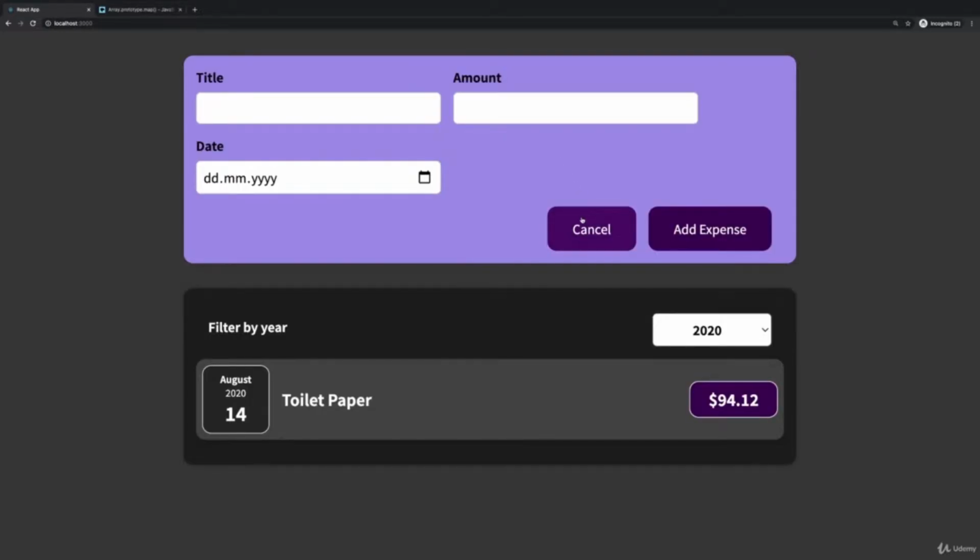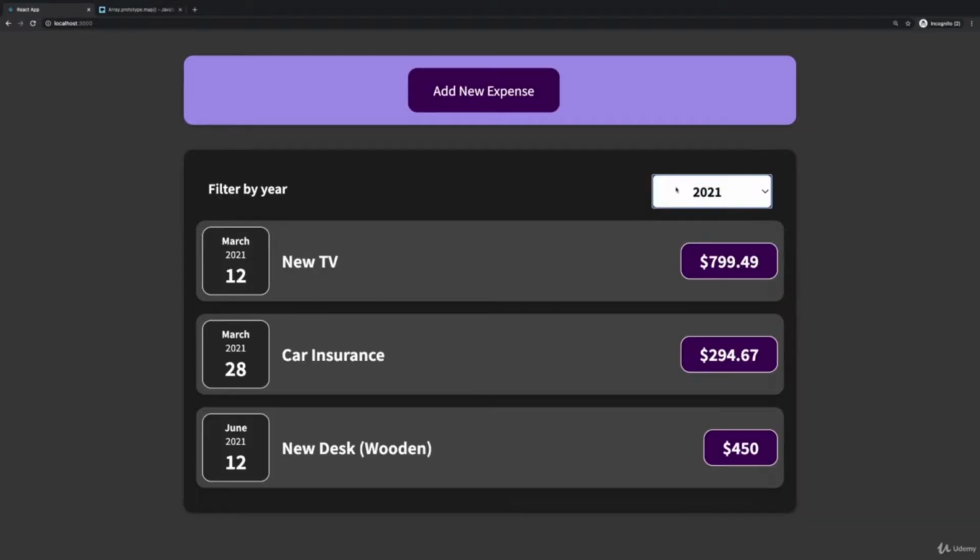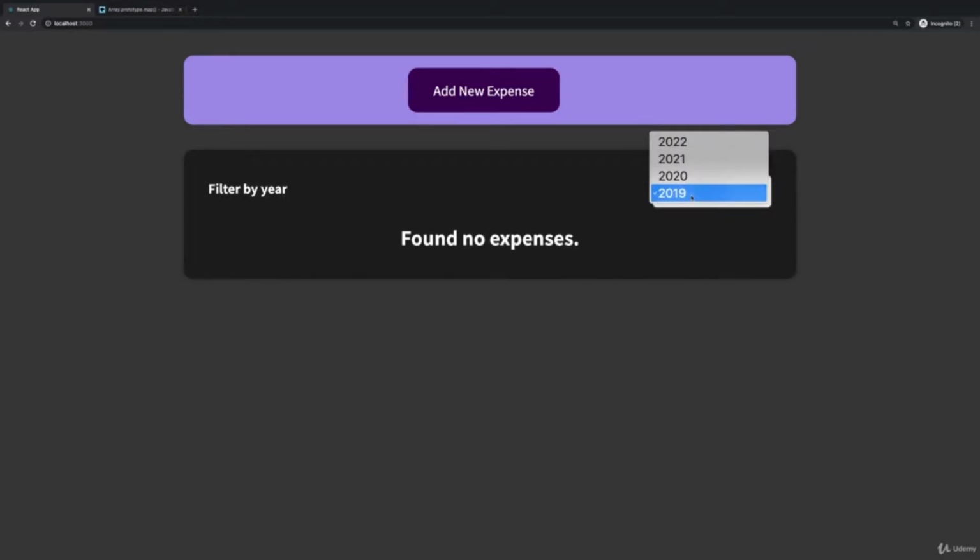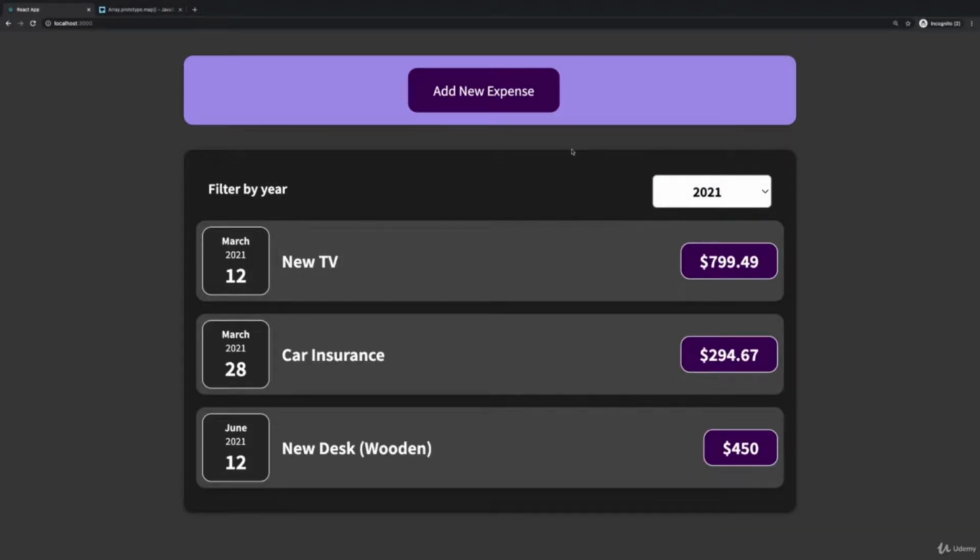So this expense tracker has taken some shape, and it's basically finished from the core functionality, at least. We got all the core features implemented. We can add expenses, we can filter our expenses. But if you remember the original state, which I showed you a couple of hours ago, then there is one crucial element and feature which is missing: the chart, where we can actually see a graphical representation of our expenses